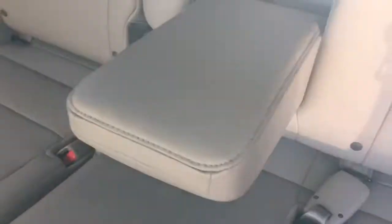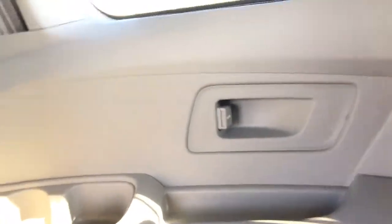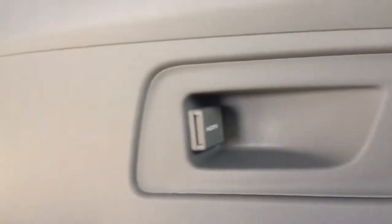We have 3 more seats back here, although if we don't need that many people, we can lower that middle one to add armrests. Quite comfortable back here. That's the HDMI port I was talking about, in with all the cup holders and storage right there. We've got our seat back pockets here, another strap once you're in the vehicle to show you how to get out again, making it super easy